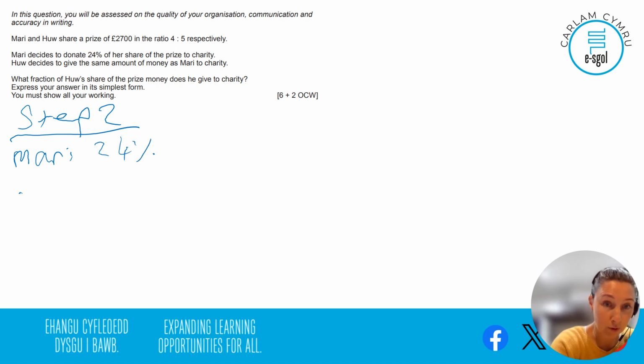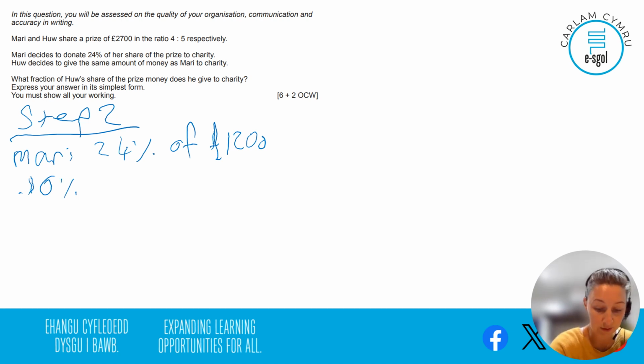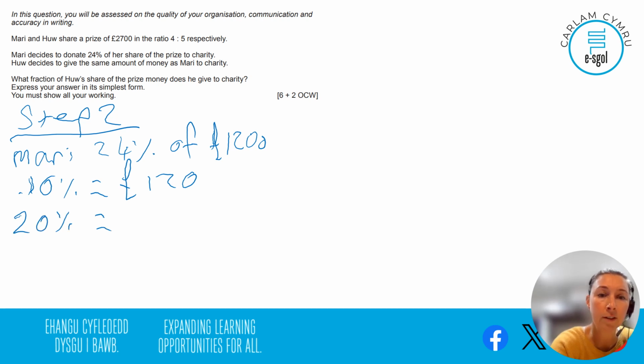So it's 24% of the £1,200 that Mary got. So to work out 24, what I would first work out, and you've done this many times, should be very easy, is the 10%. So the 10% of 1,200, you just simply drop the 0, so it's £120. So then you know that 20% is just double that,